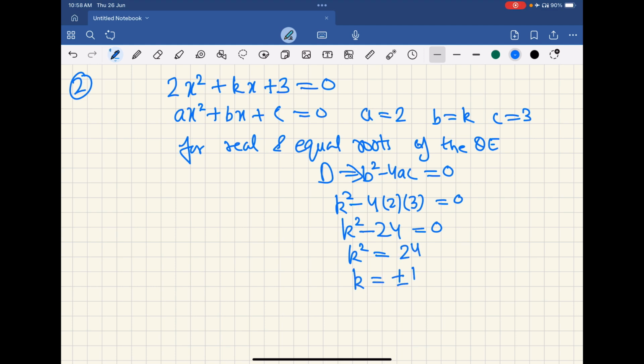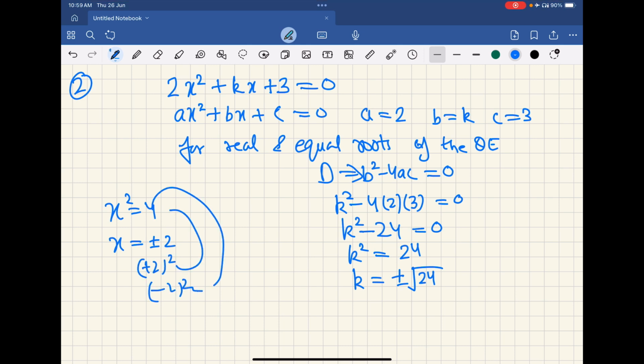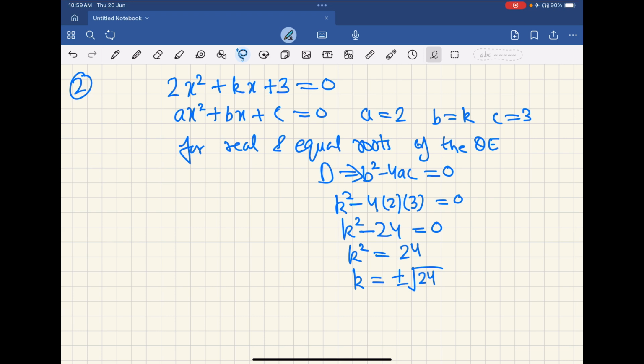सो k की वैल्यू क्या होगी? ± root of 24। स्टूडेंट्स, दिस इज इंपॉर्टेंट। जब भी आपके पास इवन पावर आए वेरिएबल में और हमको उसकी वैल्यूज निकालनी है तो वो प्लस और माइनस होगा। जैसे देखिए, इफ x² इज 4 तो मेरा आंसर होगा x कैन बी +2 और −2। क्यों? बिकॉज +2 का स्क्वायर भी 4 देगा और −2 का स्क्वायर भी 4 देगा। सो दिस इज द रीजन वी टेक प्लस माइनस बोथ वैल्यूज। ओके, नाउ 24 सिंपलेस्ट फॉर्म में नहीं है तो हम क्या करेंगे? 24 इज 4 टाइम्स 6। ओके, सो अब हम कह सकते हैं कि k की वैल्यू होगी ± square root of 4 is 2, सो 2√6।